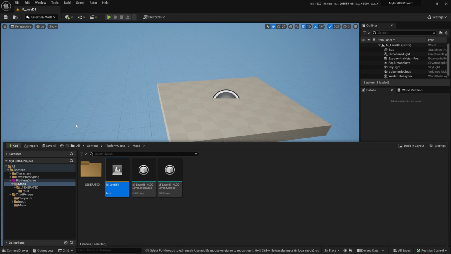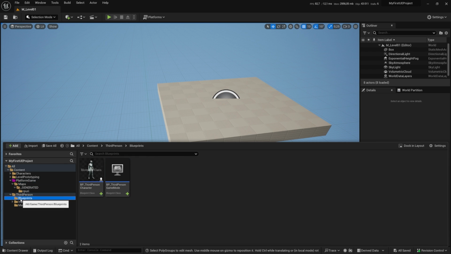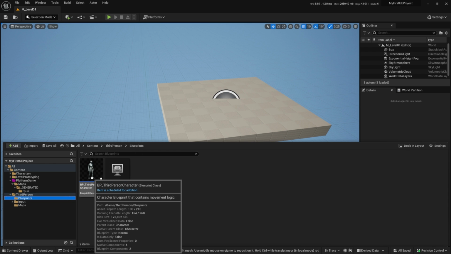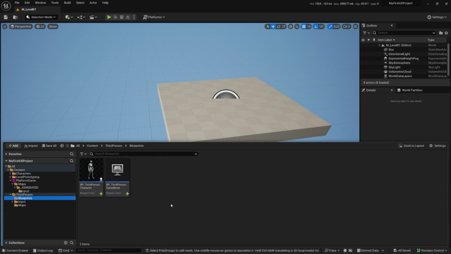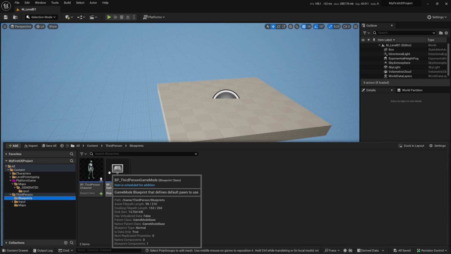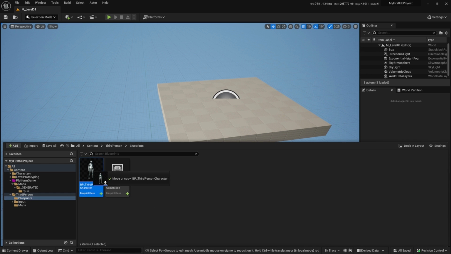Now, the blueprint that we want to add here is this one. Inside of blueprint, third person blueprints, it's the third person character. And there are two ways to play with this character. One is the fastest one, or the kind of dirty way of doing it. You just drag and drop the character,